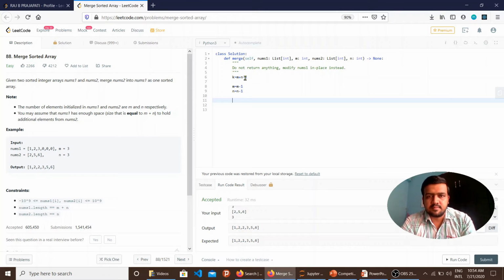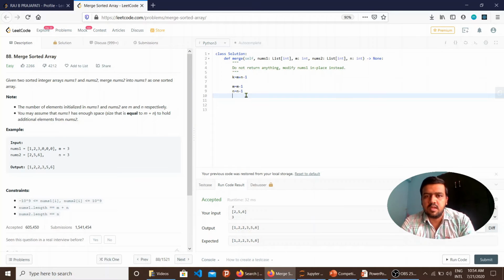So I will take the inputs, array 1, array 2, and the respective sizes m and n. I will take m and n as the individual array indexes, and I will take this k variable as the index of the new sorted array. The sorted array will be in the nums1 array only, in place.